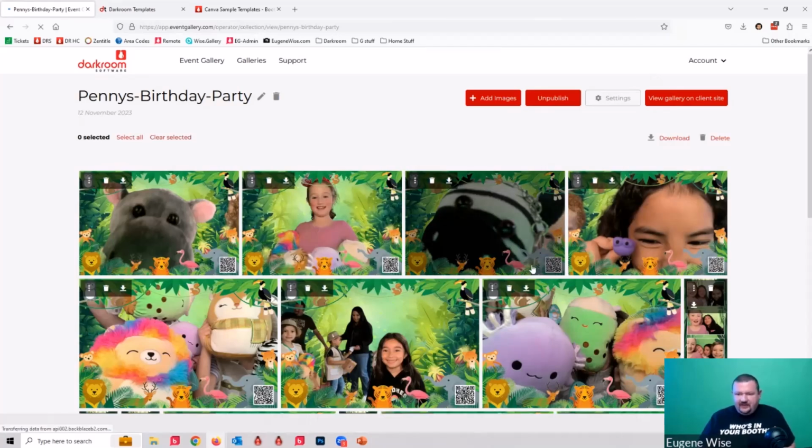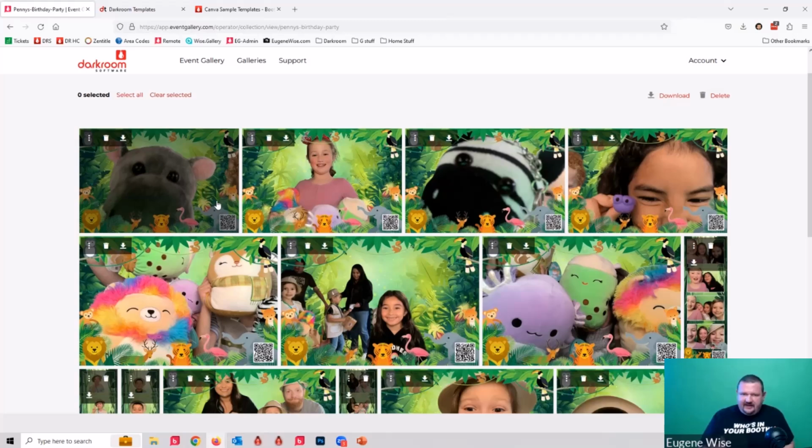It printed it, uploaded the images, and then they can scan the code, and it took them directly to the image. And what's really cool about Event Gallery, and we'll get into it a little bit more, is if you have a strip like this with 4 photos, you can include the original photos, and they'll upload alongside and be tagged